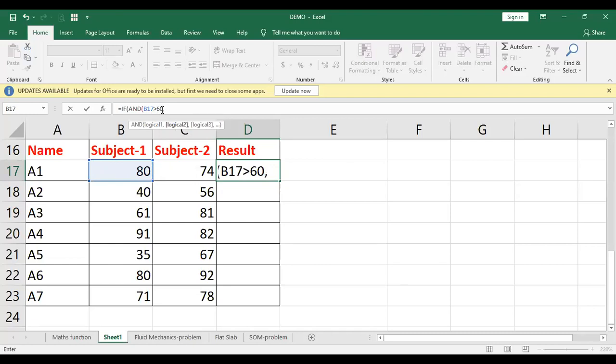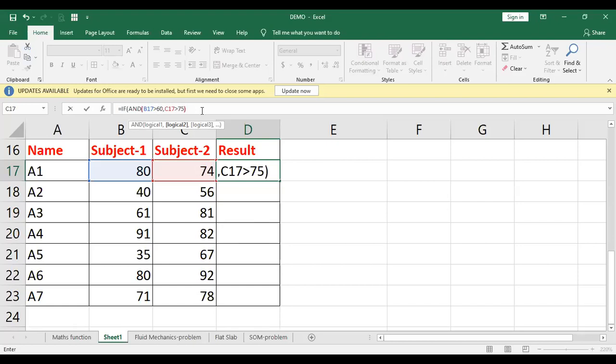So put a comma here, and now this is the second condition. Let us go for a higher value, so this should be greater than, sorry, I'll just click on this, and this should be greater than, say, 75, and I'll close the parenthesis of AND.